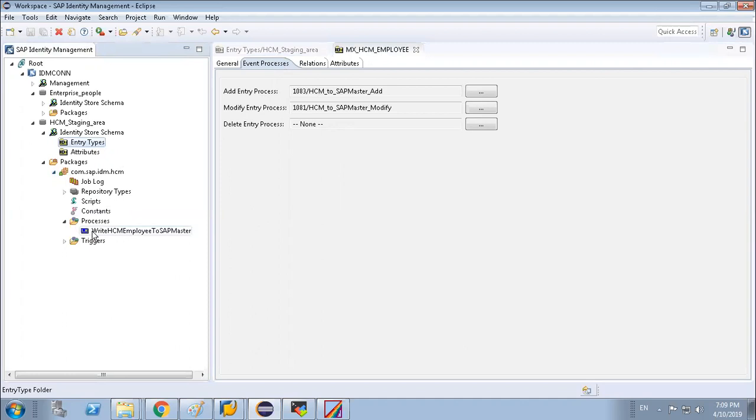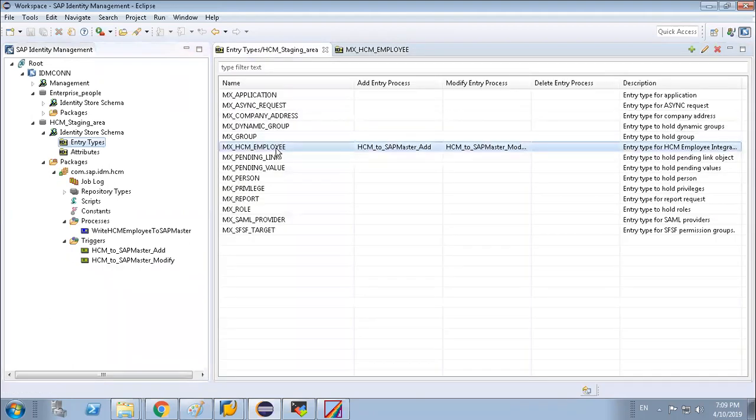If you go here, this is one process, this trigger has been set up. The moment this data comes into this entry type from the HR system, this process will trigger.